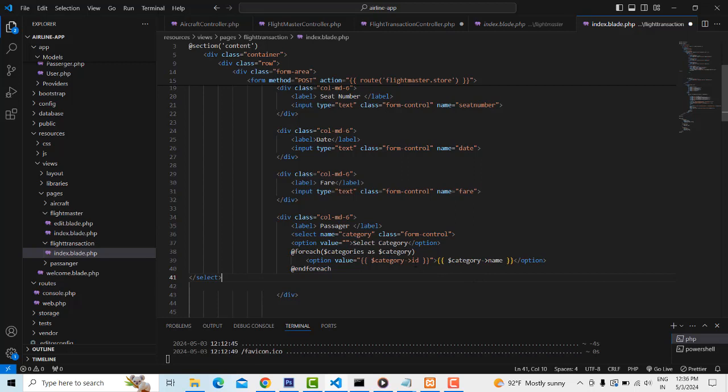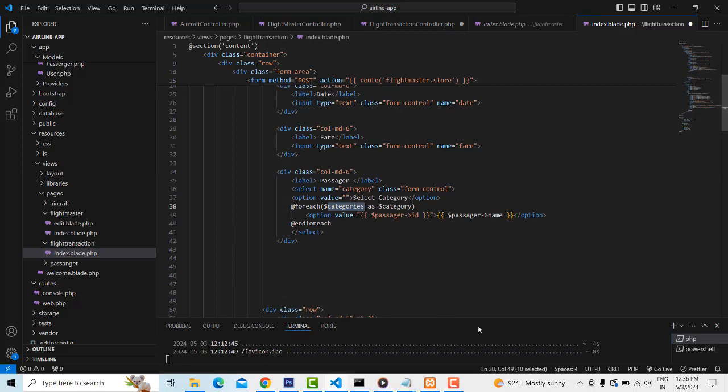So you have to write a passenger ID. Let's select the passenger name, whatever. I'm going to give the passenger name. So you select the passenger name, it will be selected as a passenger ID. It is added. Okay, so you have to change it. The same thing you have to do for this another one as well, which should be passengers, passenger. Select the passenger,